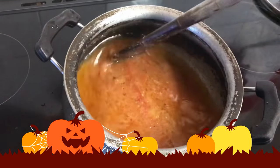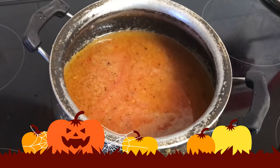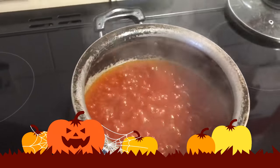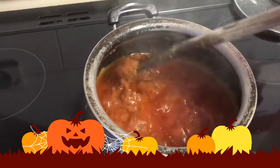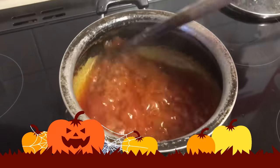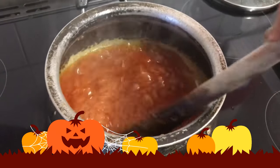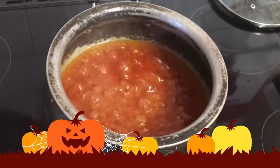You have to let the tomatoes cook before you can actually start putting the rest of the ingredients in here. Okay, so I have left it to cook, and you can see that the tomatoes are nicely dry, just like how the onions were. So the oil is literally thick on the top. So I'm just now going to put